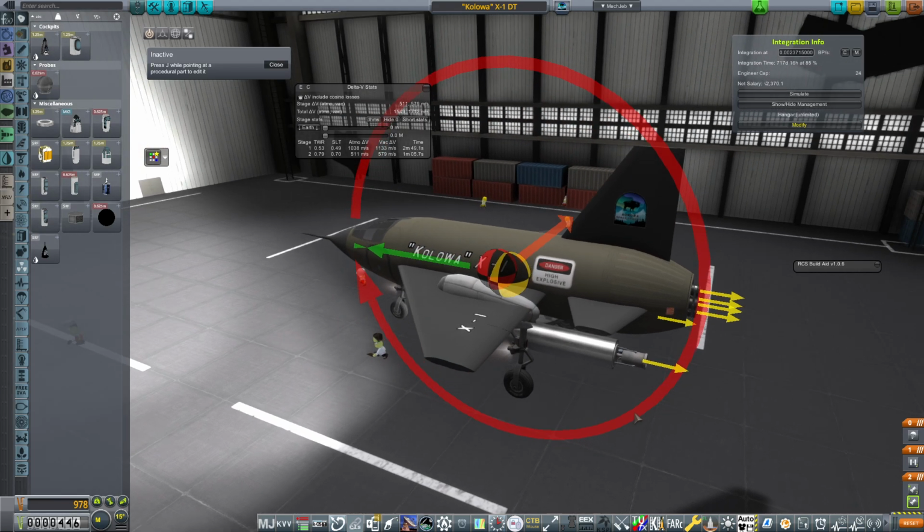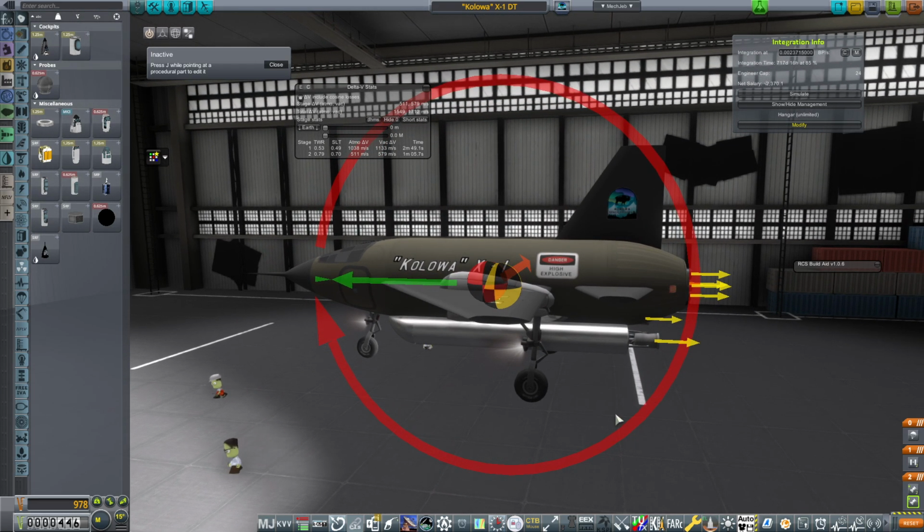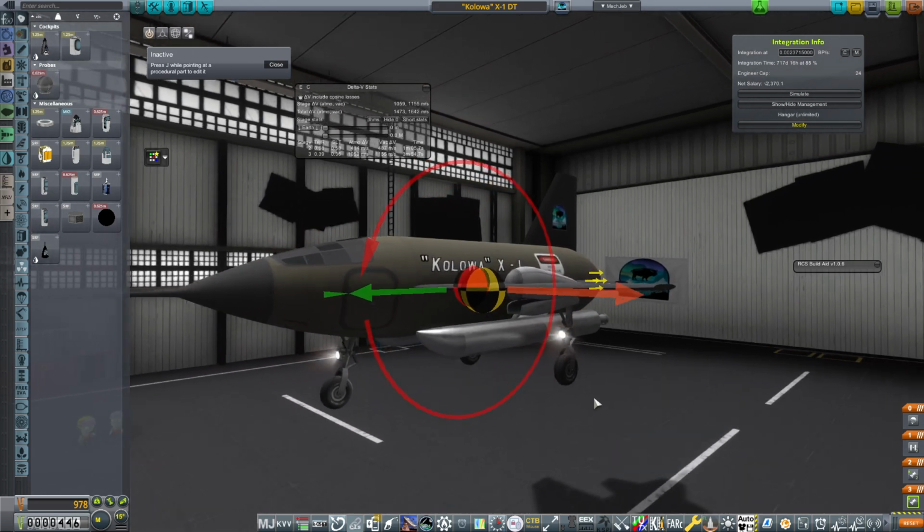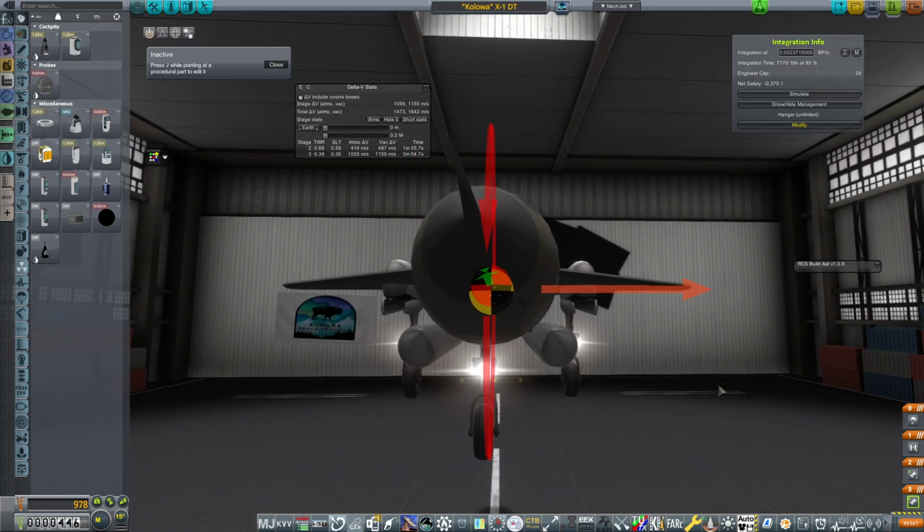So I think what I determined for this plane was that the drag losses, by having to utilize my fins and my control surfaces, was too high for what it was worth. And it was a waste of effort, really, to add these extra tanks when I could just alter the plane altogether. So I just wanted to go over what my thought process was, because you might have seen this plane